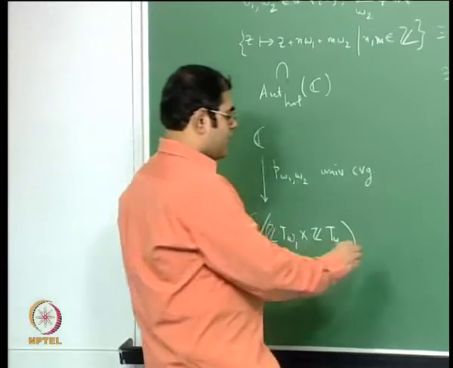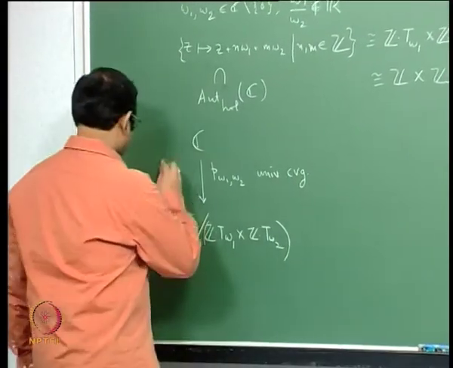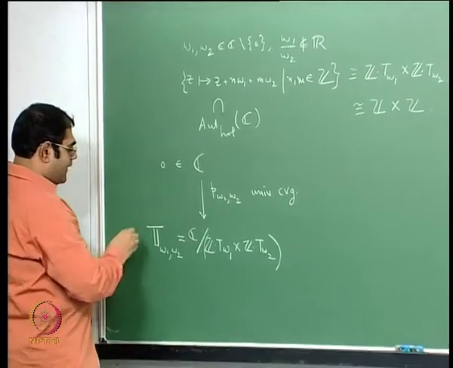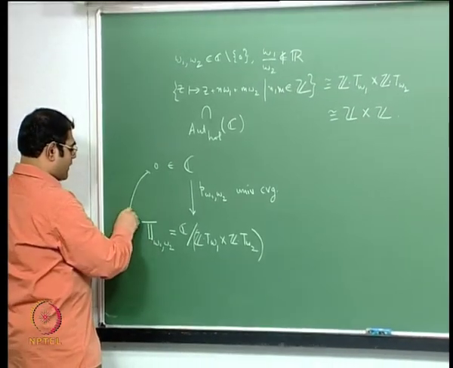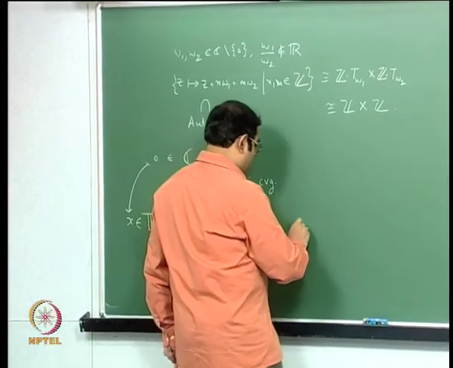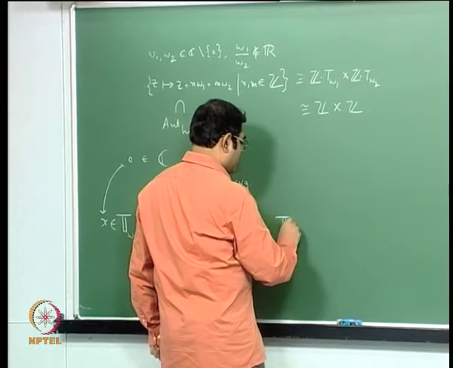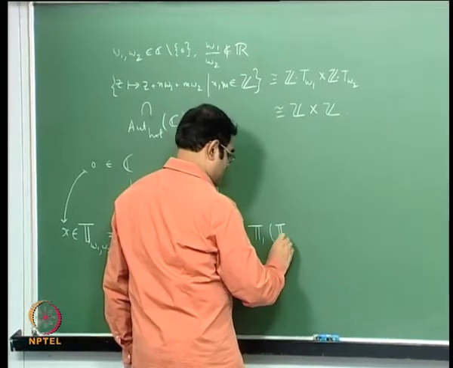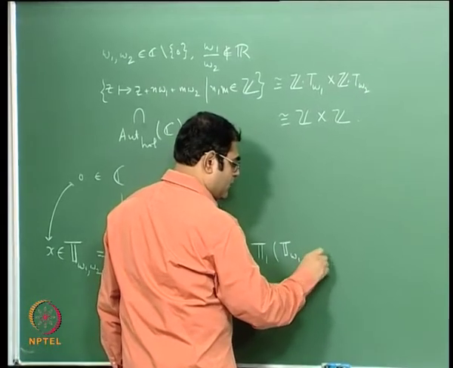If I choose for example the point 0, and suppose the point 0 goes to a point x here, then I have the identification: the fundamental group of this torus T sub omega 1 comma omega 2 based at x